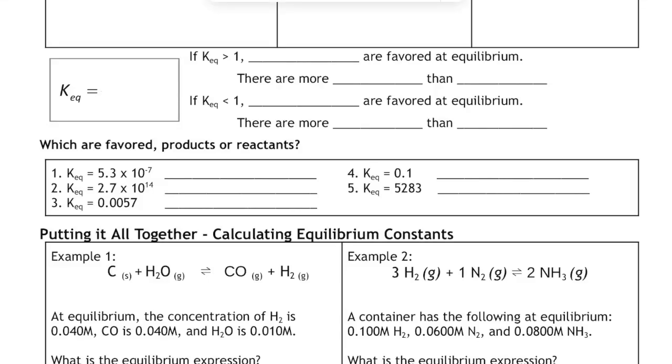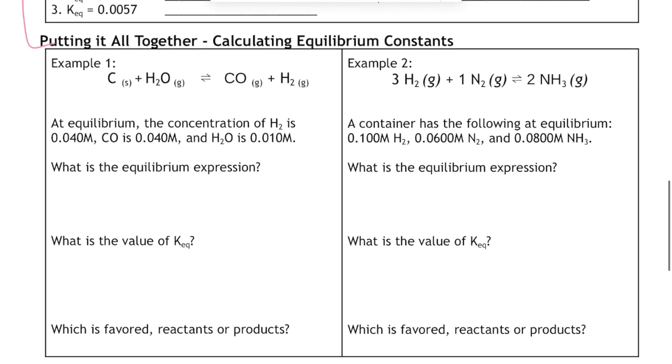Okay, hi everybody. Hopefully you did all of this with the sub. Remember that if K is more than 1, then the products are favored. And if K is less than 1, then reactants are favored. Okay, make sure you finish all of this either by looking at the notes or writing them